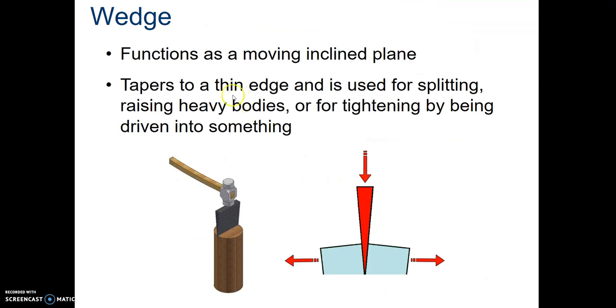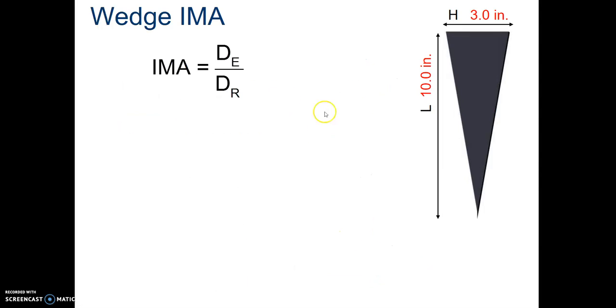Next type of simple machine we're looking at is the wedge. It's an inclined plane. You're moving from that to that, which is a distance itself, so all we're looking at is inclined planes again. We've got the wedge, the IMA, again, distance over distance. Distance of effort, distance of resistance. So when we look at that,